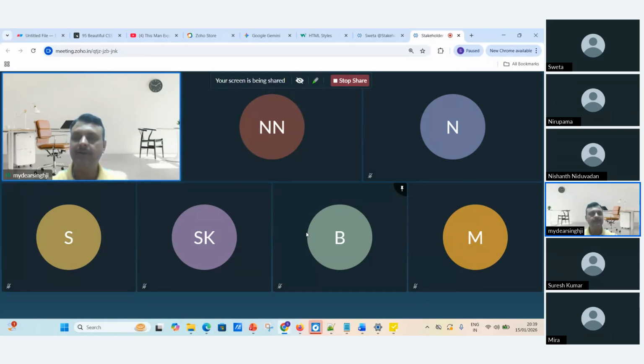Like somebody is saying that okay, my login page should be there because with the login page, the user will be able to log in. Somebody will be saying that okay, my home page should be there first. So we need to discuss both, like which is more important for the project right now, not later, but right now.